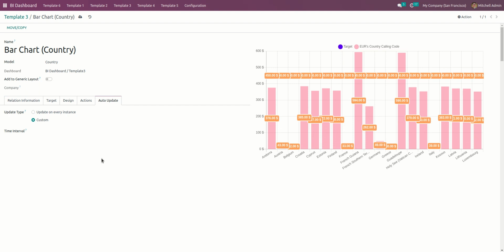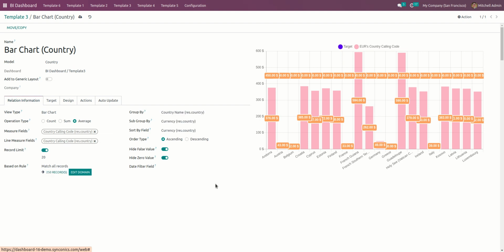Okay, so by default the settings will be updated on every instance. Whenever any new data gets created, or data gets updated, this particular graph related value or output will automatically get updated as well. Alright, so this is the video we have made regarding the detailed operations, how different kinds of parameters the users will be able to configure, and how it will reflect here with this particular dashboard or graph.